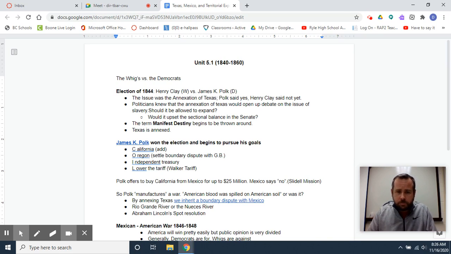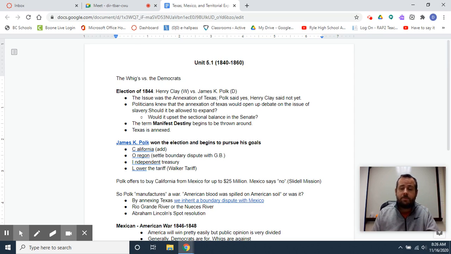Long story short, James K. Polk is going to win the election of 1844, and he's going to begin one of the more remarkable presidencies in U.S. history. I say remarkable, not necessarily praiseworthy. There's definitely going to be some flaws here. But James K. Polk, he is going to serve 1 term,